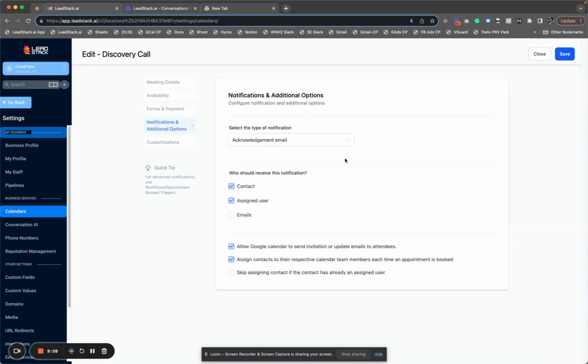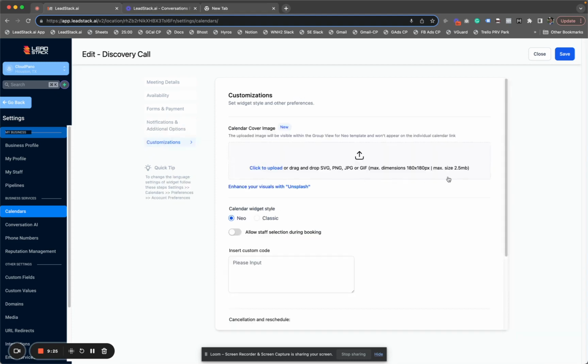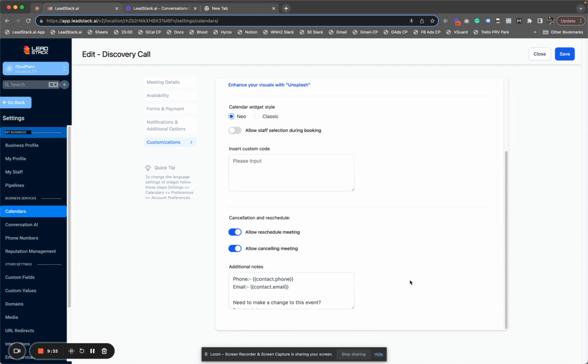Okay, you can also set notifications. So you can send out emails to your team, and you can also assign specific people to it. And you can basically check these boxes based on what you want to do with that calendar, okay? And you can customize it. So say you want to add a cover image, you can do that. And you can kind of play around with the styles, save it, look at it, see what it looks like,